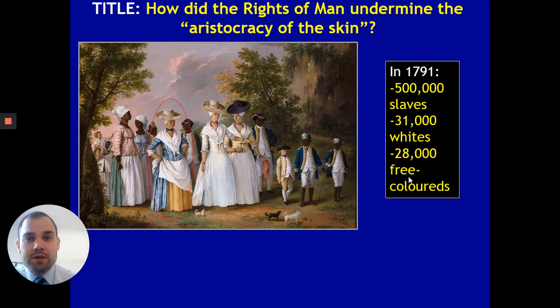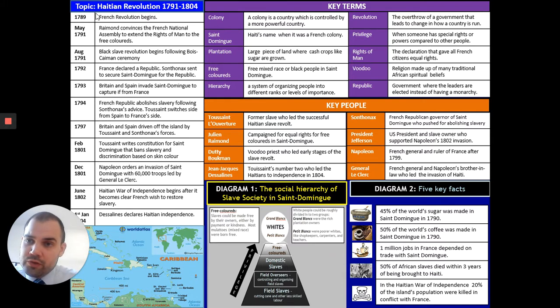Now, what we looked at last lesson was that when the French Revolution began in 1789, it started talking about these ideas of equal rights, things like the rights of man. And those ideas of equality were obviously quite dangerous in a society like Saint-Domingue, which is based upon inequality and racial hierarchy. We saw particularly that very famous free colored, Julien Raymond. He went to France and managed to convince the revolutionary French government